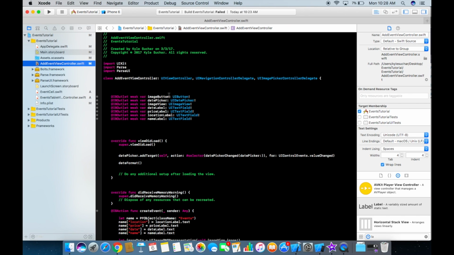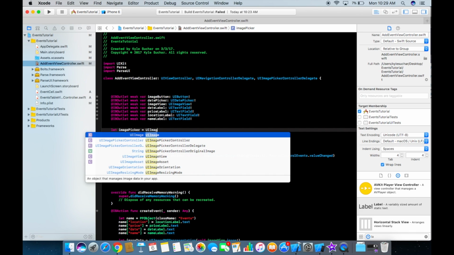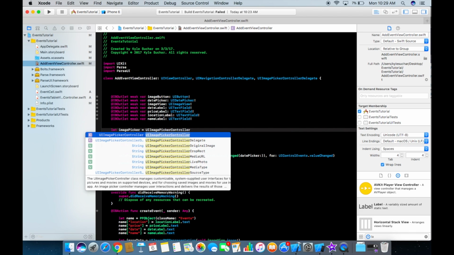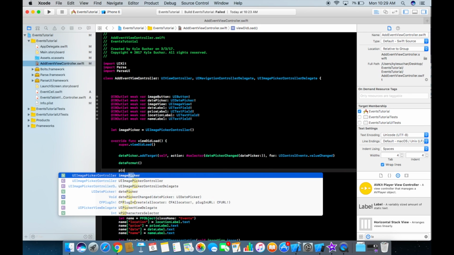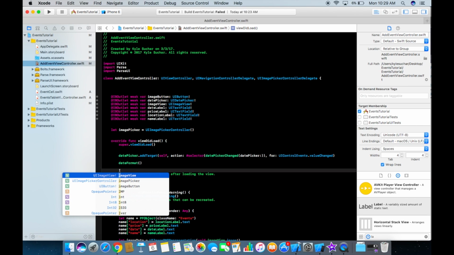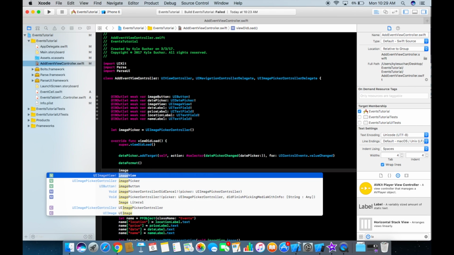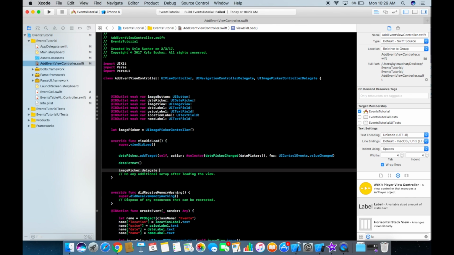Now let's jump into our add event view controller and first implement these up in the header. So you want UI navigation controller delegate and UI image picker controller delegate, and then we're going to create a variable here. So let's call it image picker equals UI image picker controller, and then in our view did load, we're going to go image picker dot delegate is equal to self,